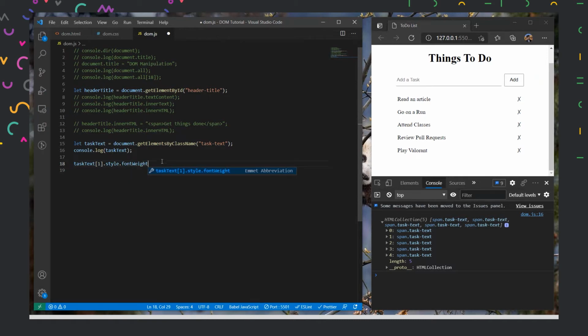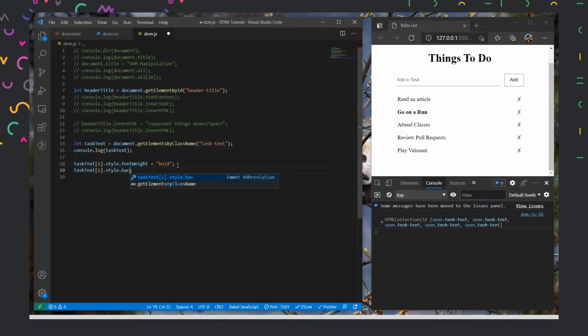here I'm not using kebab case again. Inside CSS we may use kebab case, but here we are using camel case itself. So I'll put equal to bold. When I save, the item will become bold here. Similarly, let's say I want to add a background to it. So I'll put here, let's say we want to add the background color here.